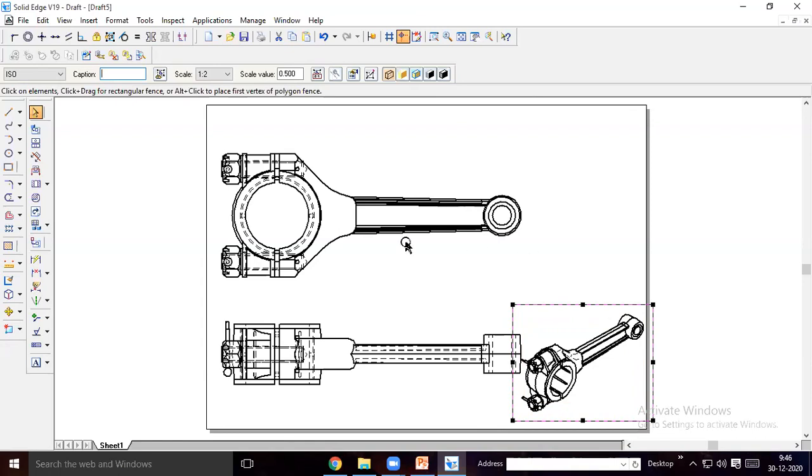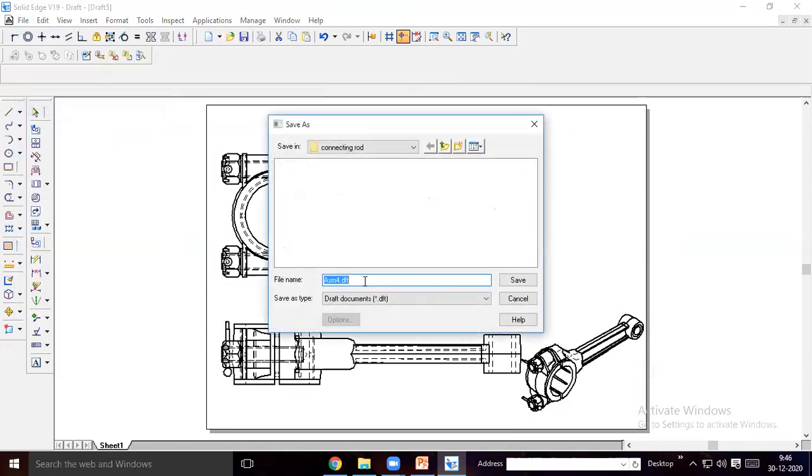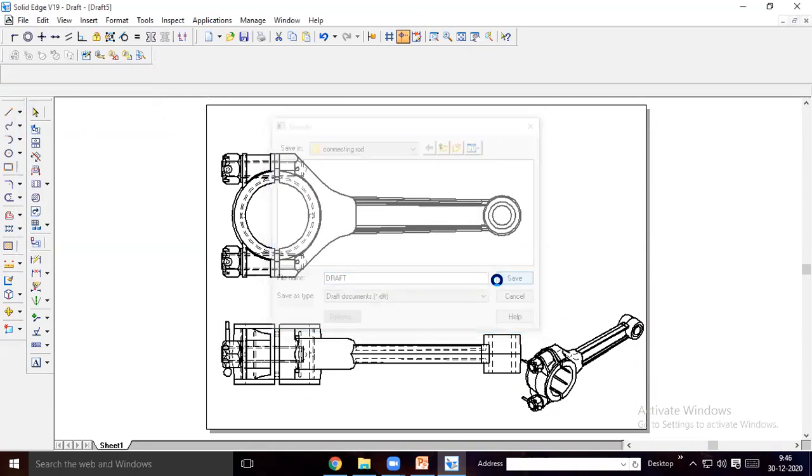Here you see, they will check the alignment. Whether you place the pin, washer, nut, everything can be found out here. You have to take this printout at the end. Then file, save as draft.